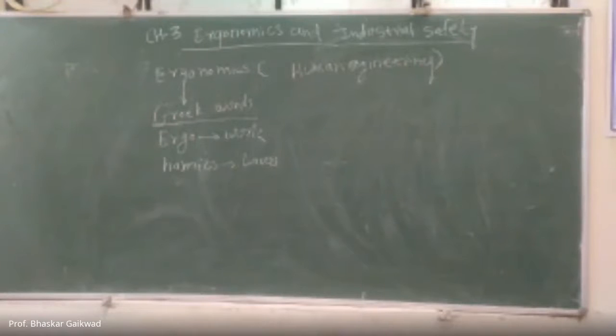Ergo means work and nomics means laws. So while doing any work, there are specific laws we have to use. If we do not follow these laws, then definitely the persons will feel uncomfortable